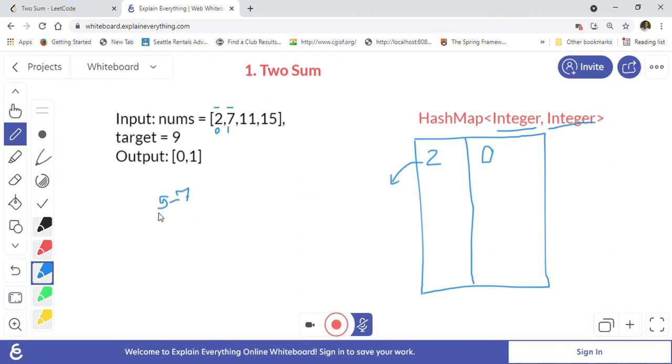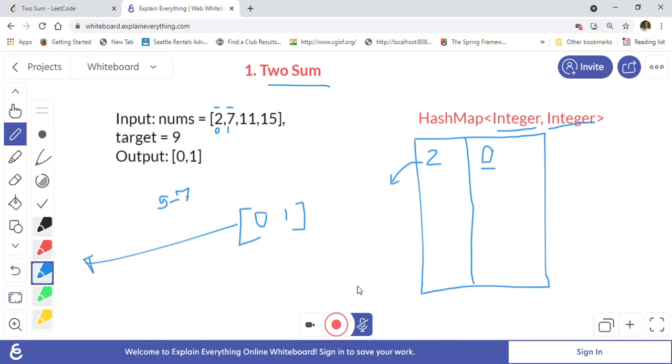Since we are finding the entry, it means that we have found a pair that will sum up to the target, right? So we will just create an array with the index of the current element that we are on, which is 1, and the element index that we are getting from the hash map, which is 0. So this is 0, and the current element is 1, and we will just return that as our answer. So this is our answer, right?